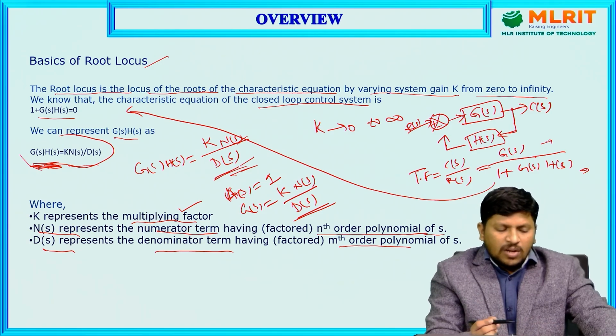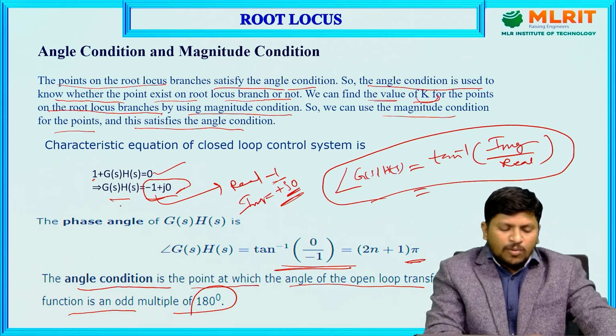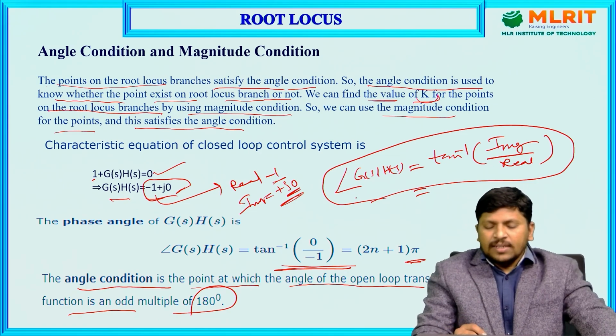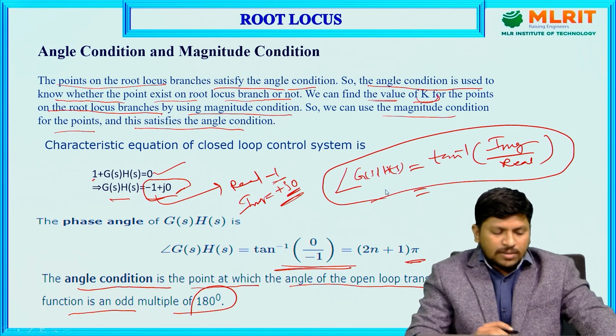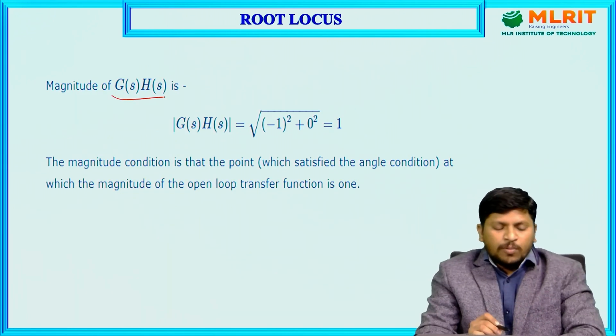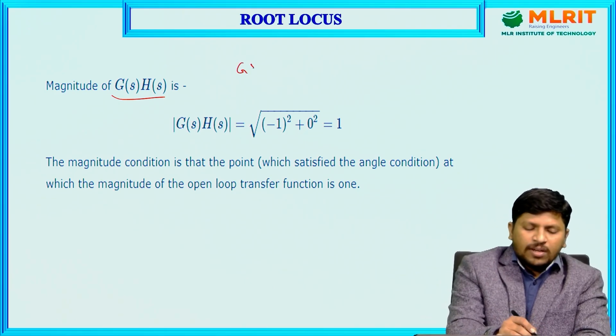Here also, from the characteristic equation of that open loop transfer function, consider the real part and imaginary part, calculate the angle of that system, and also the magnitude of that open loop control system, the modulus of g of s and h of s,